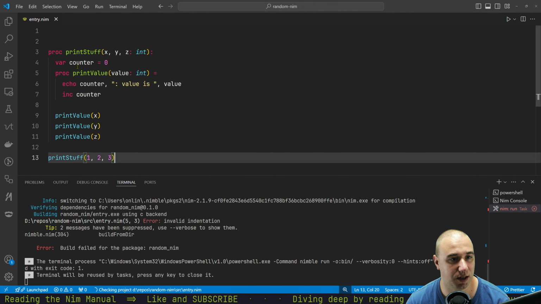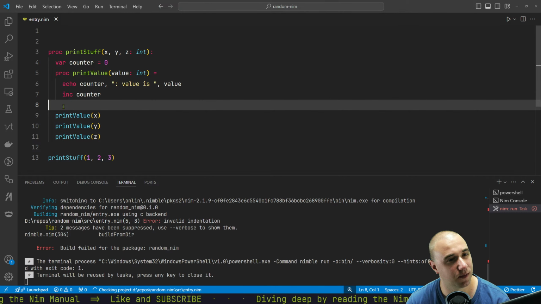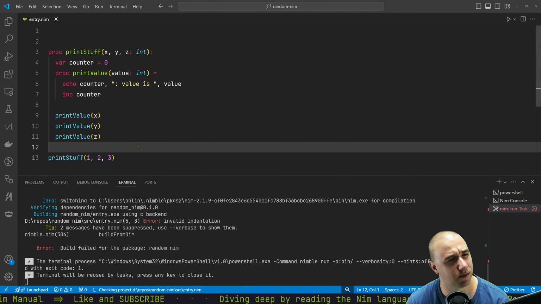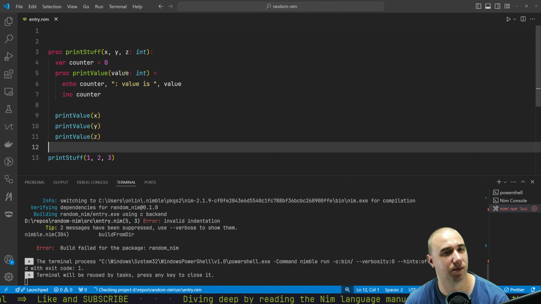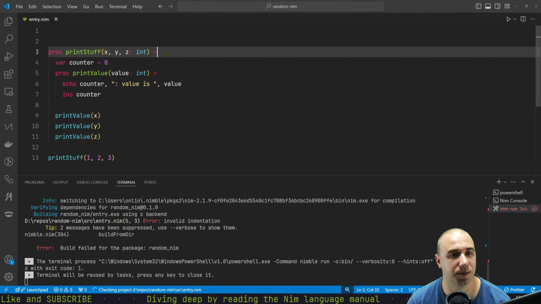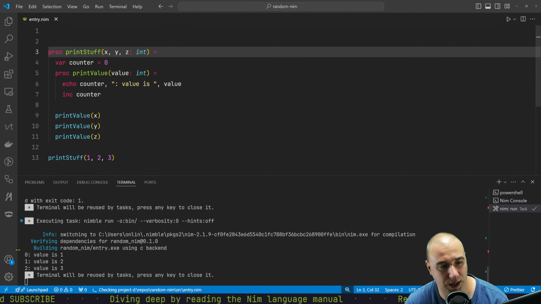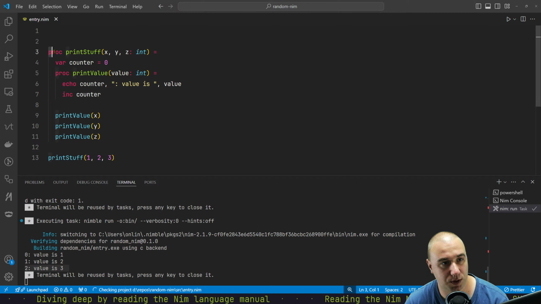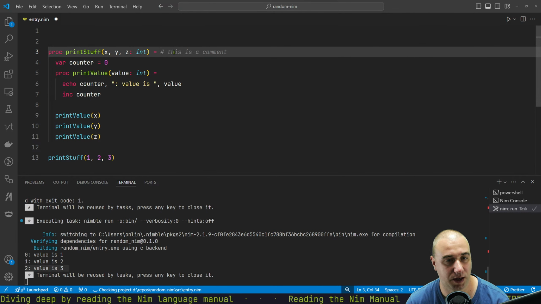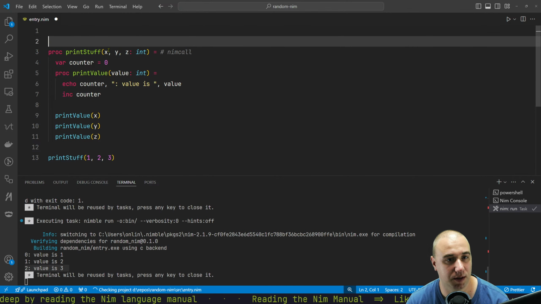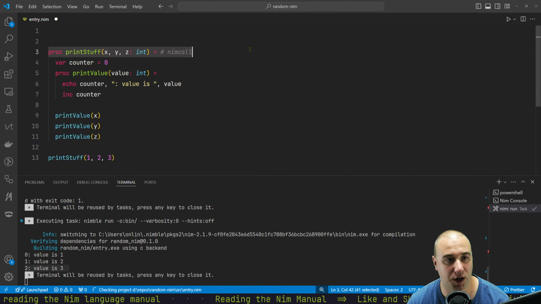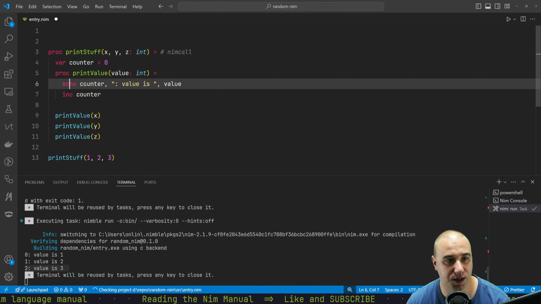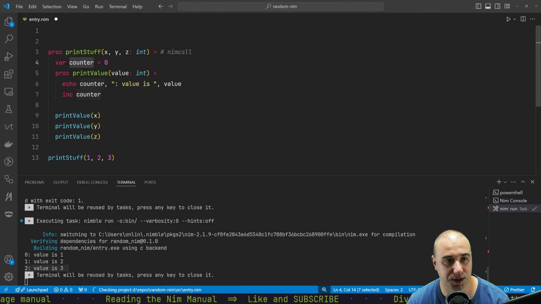Invalid indentation. Oh, equals. There we go. We get 0 value is 1, 1 value is 2, 2 value is 3. So this will be called with nimcall, okay? Because it's just a normal proc. But here, this proc is inside. We have this counter here, and this counter is outside of the proc, yet we are